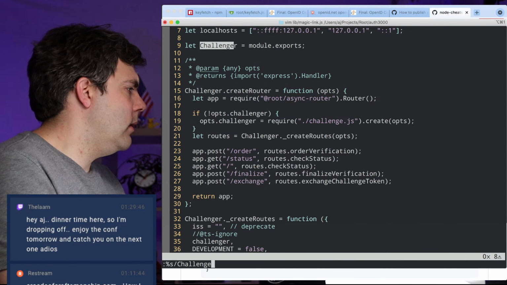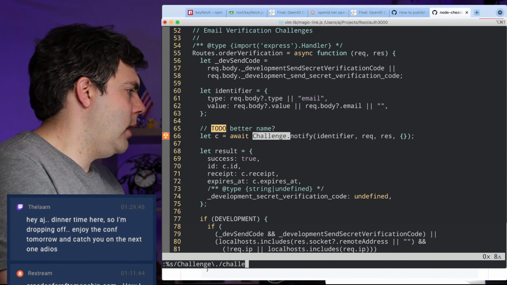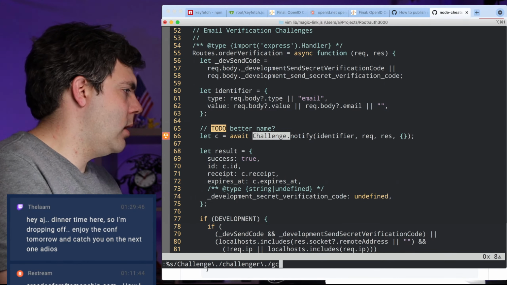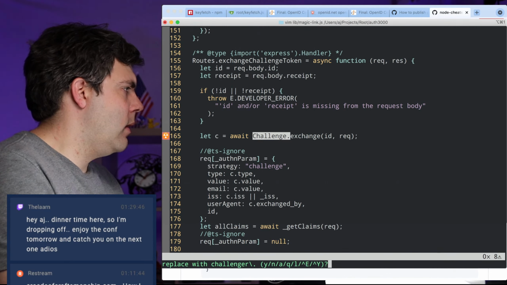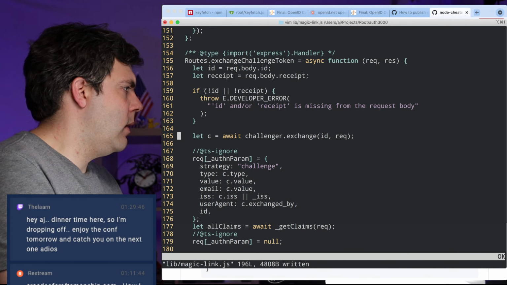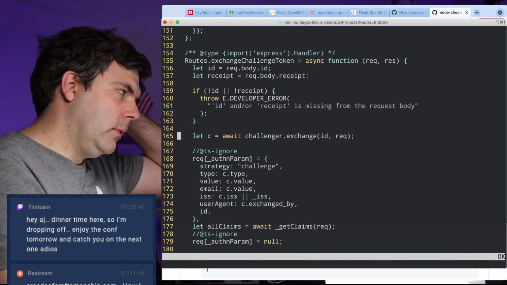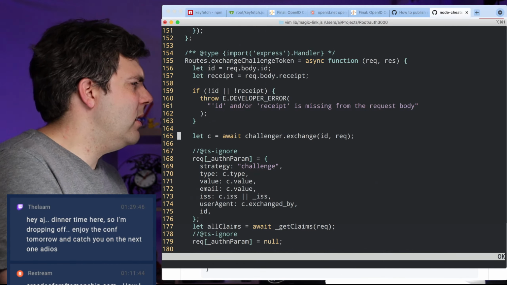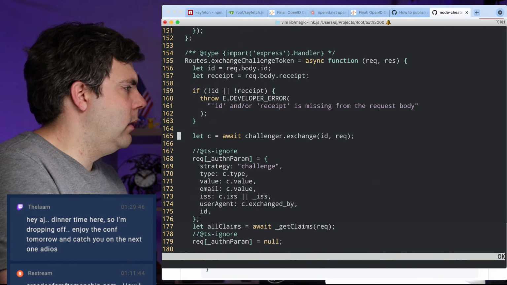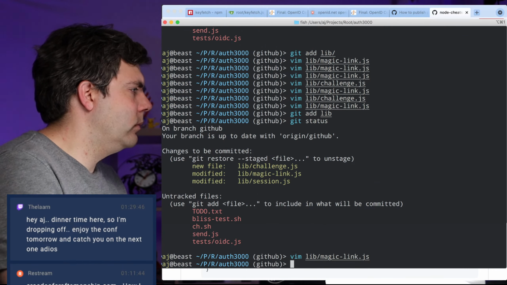Okay, so with that, let's take this uppercase challenge and turn it into a lowercase challenger. Or maybe challenges. Doesn't matter.